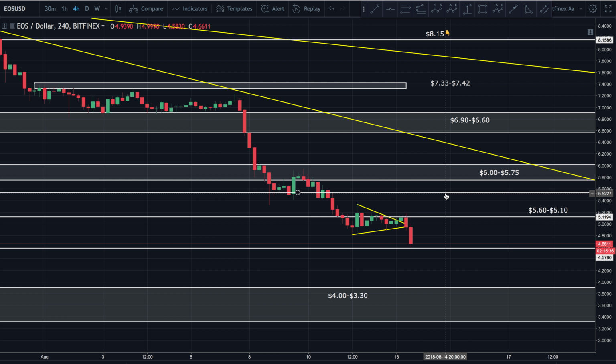And if that does end up breaking, excuse me, then we're more than likely going to come in here right after this 5.75 zone. And so we just have a lot of resistance to the upside, not a lot of resistance to the downside, guys. So we really need this market to bottom out. We really do. We need Bitcoin to bottom out. If Bitcoin can bottom out, guys, the rest of the alts are going to bottom out, and then I think